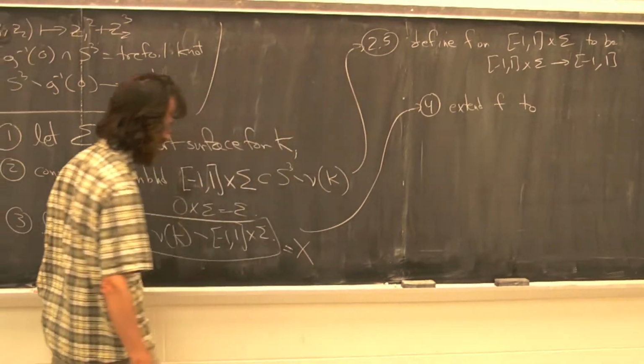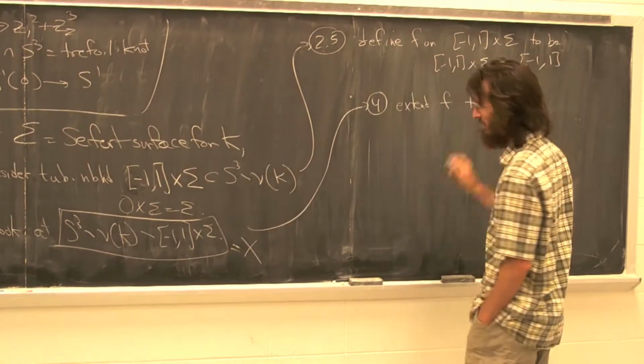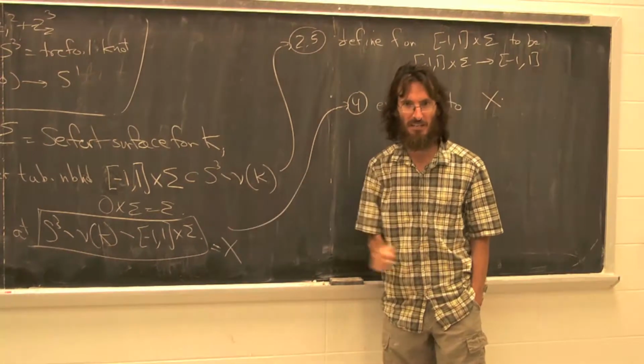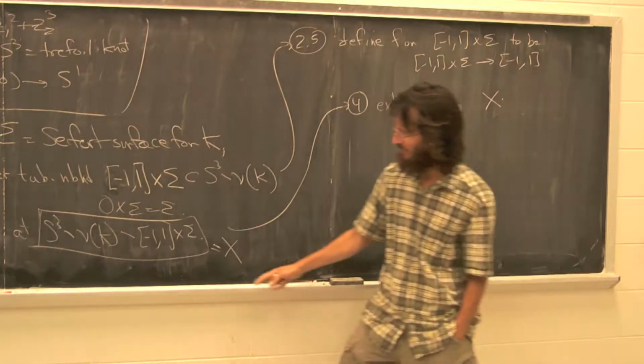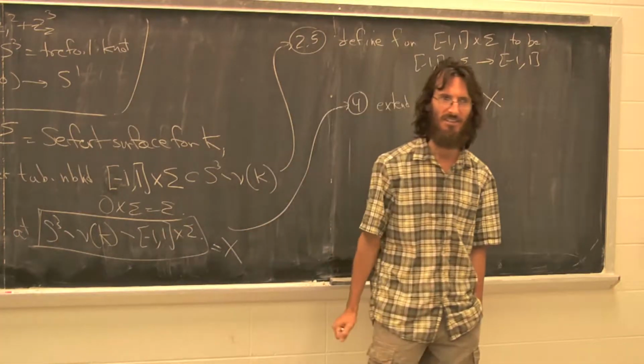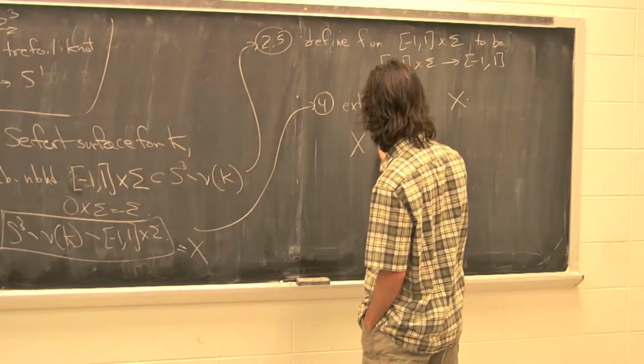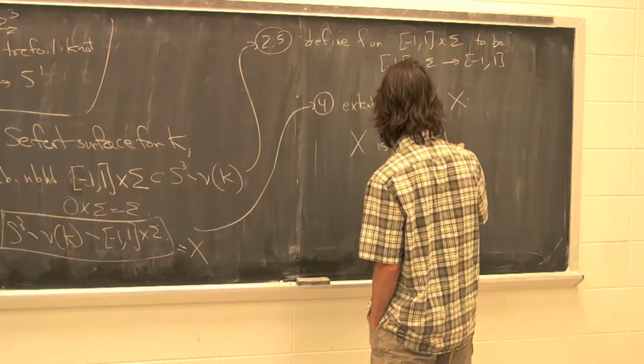X. Then extend F to X. But the point is X now is kind of special. I'm doing the usual geometric topologist thing: when I take the complement of something, I leave the boundary in there. So X is actually a cobordism from,